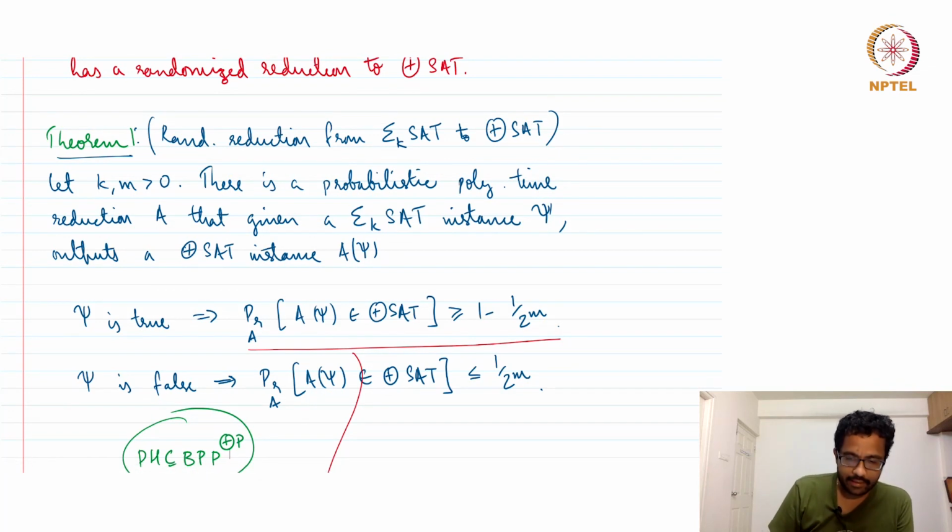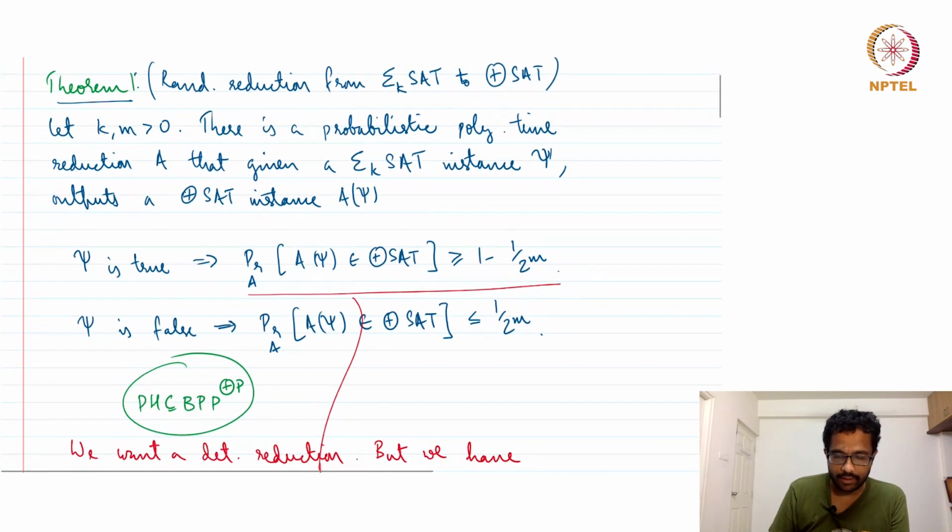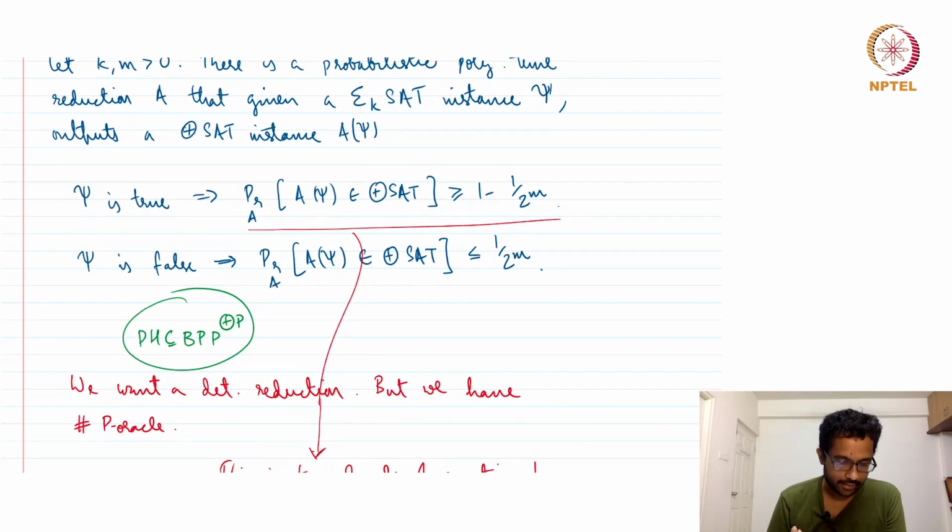If k and m are greater than 0, there is a probabilistic polynomial time reduction such that any sigma k instance psi can be reduced to A psi, right? So the reduction outputs A psi, where A is a reduction. If psi is a yes instance, then with high probability A psi will be a yes instance of parity set. If psi is a no instance, then with high probability A psi will be a no instance of parity set, right? In other words, you can represent it as polynomial hierarchy is contained in BPP with parity P oracle,